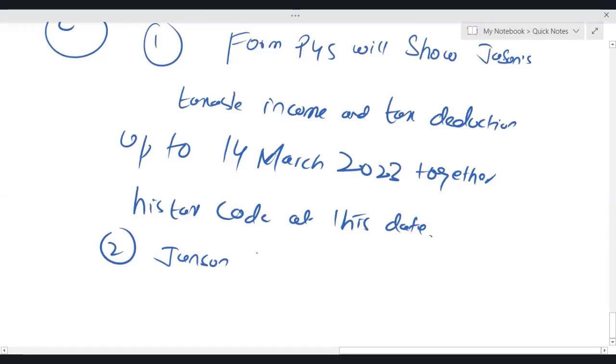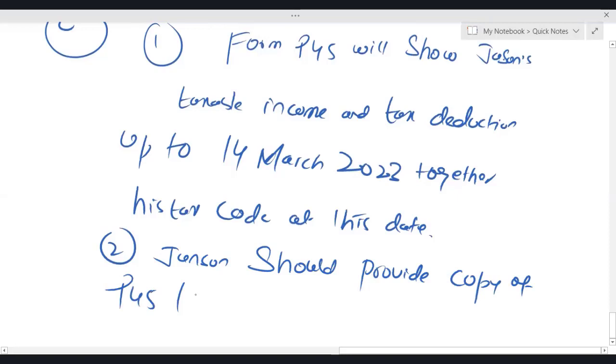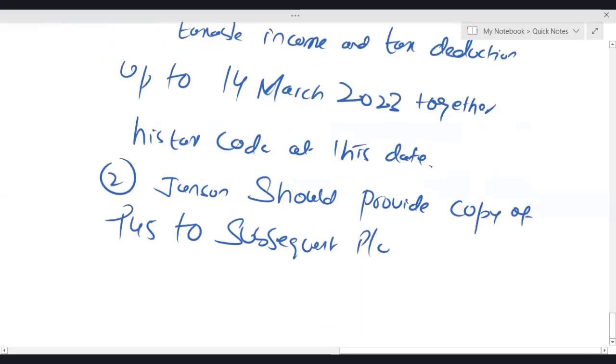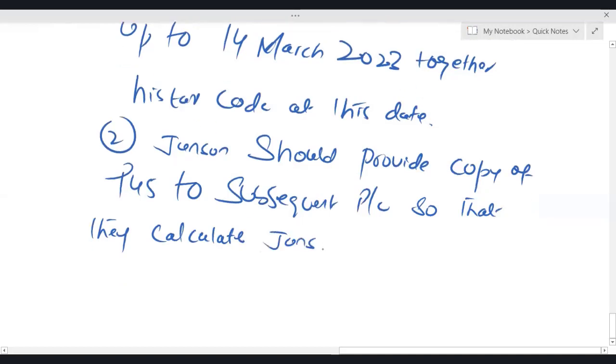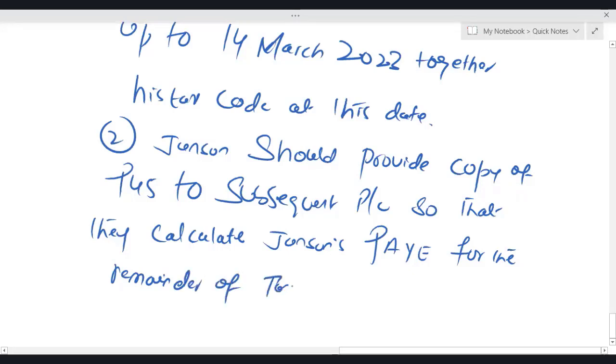Jason should provide a copy of P45 to the subsequent PLC so that they can calculate Jason's pay for the remainder of the tax year, because the tax year has not finished yet, for the remainder of the tax year